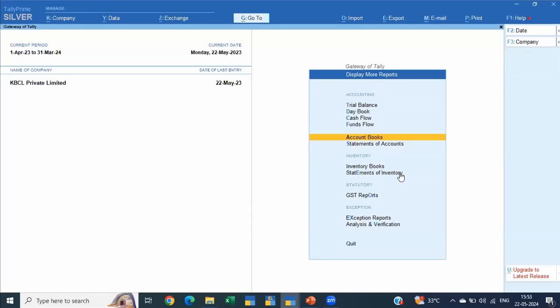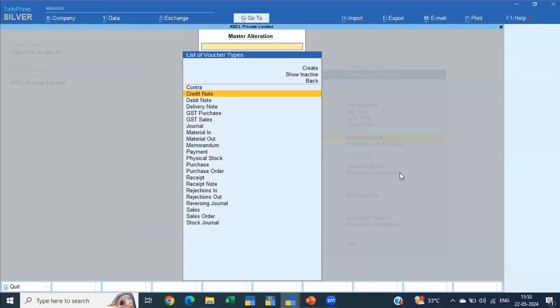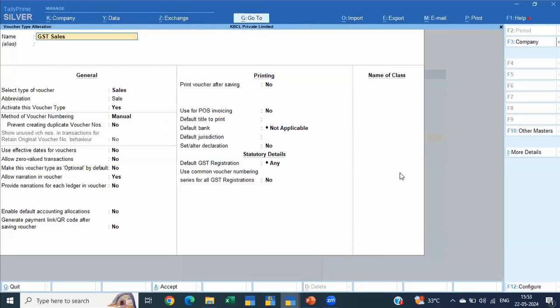Now, you might say, I want differentiation. I want my purchases to be separate and I want my expenses to be separate. Now, this is where your voucher type comes into place. If you look into my voucher types, I have something known as GST sales, GST purchase. These are created by me for easy use. I'm sure all of us know this, but I'm just going to take you through. Now, in case you want an income voucher type, instead of creating it in journal, create it in sales. I'll do the benefit in like 5 minutes.